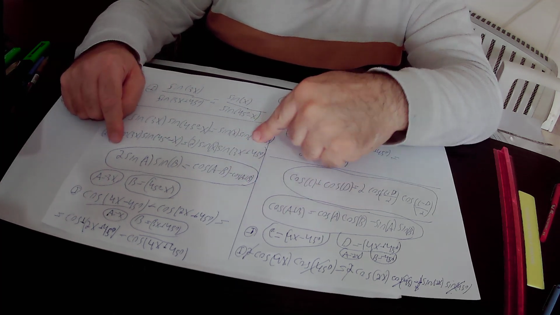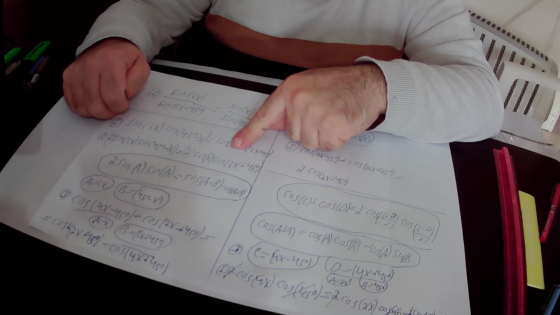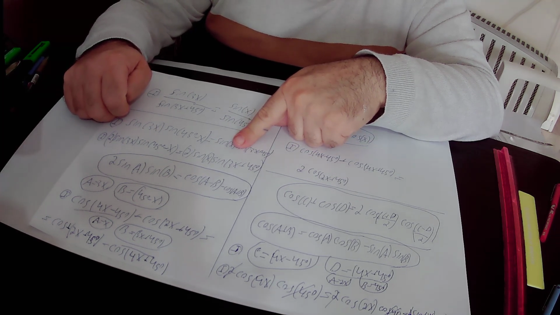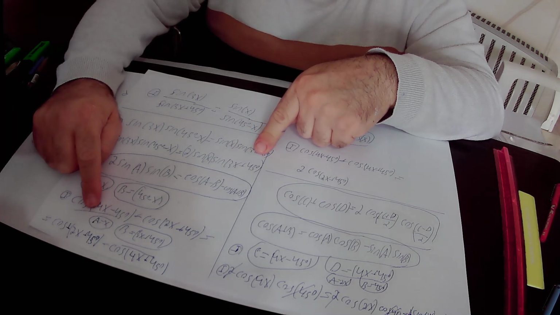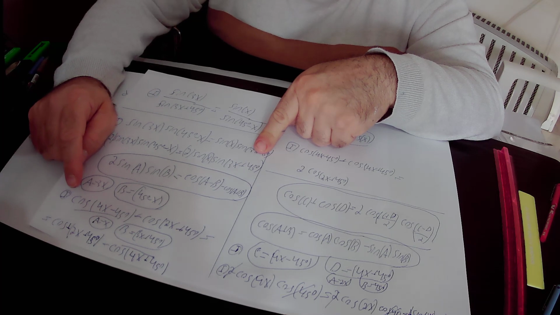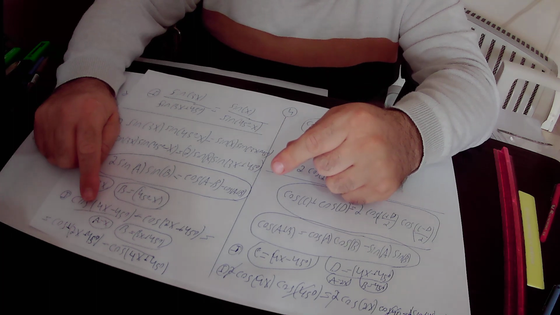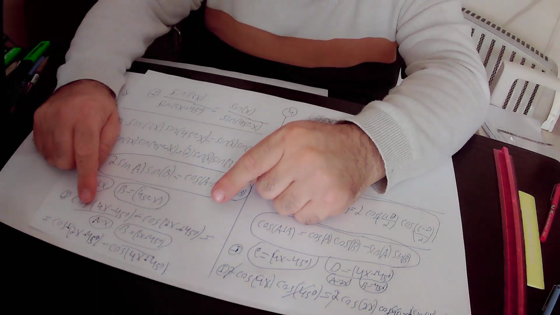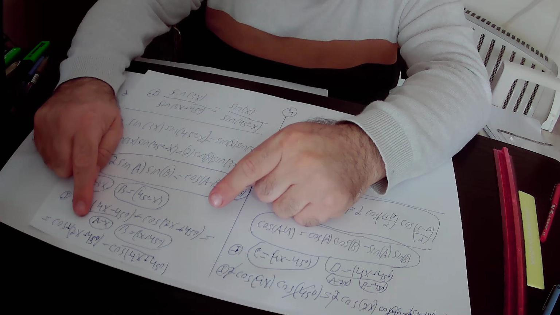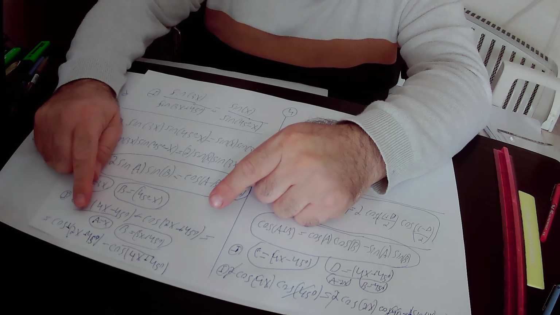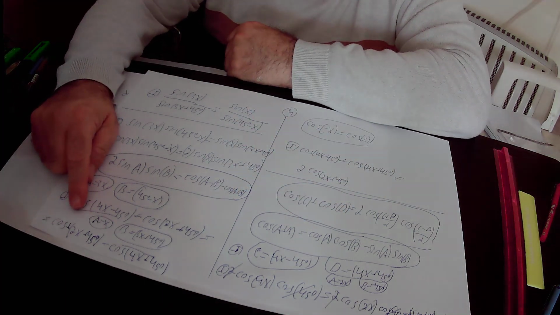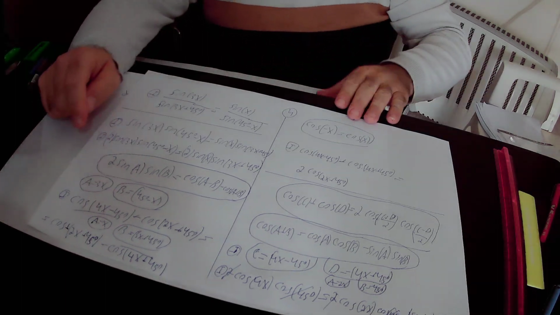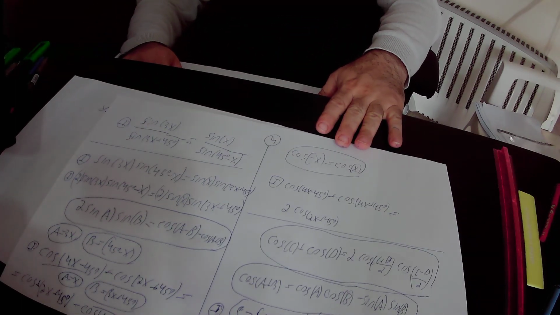Then we got to this expression, 2 sine x sine 3x plus 45 degrees. Here A equals x and B equals 3x plus 45 degrees. And cosine A minus B will be equal to, A is x and B is 3x plus 45 degrees, so x minus 3x is minus 2x. And 0 minus 45 degrees is minus 45 degrees. So we got here cosine minus 2x plus 45 degrees, but according to the trigonometric identity that cosine minus x